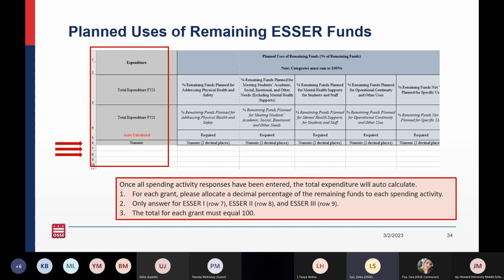So don't feel like if you put 100% in addressing physical health and safety that you have to do that in the upcoming FY23 and FY24 years. That is not true. This is just to the best of your knowledge right now, how you plan to use these funds. Please make sure your percentages add up to 100%, because that's how percentages work. I don't know how else to explain that. But just make sure the numbers add up.